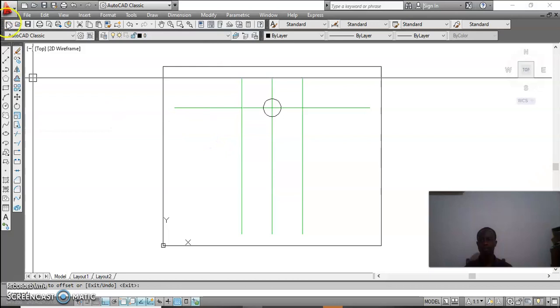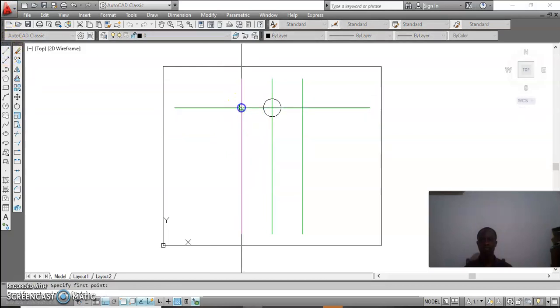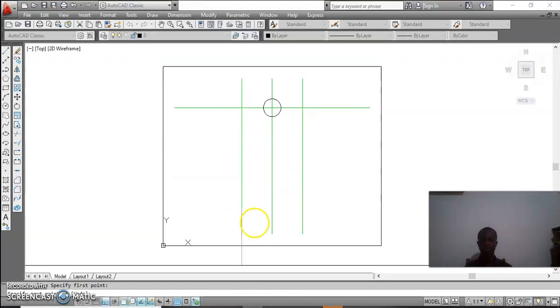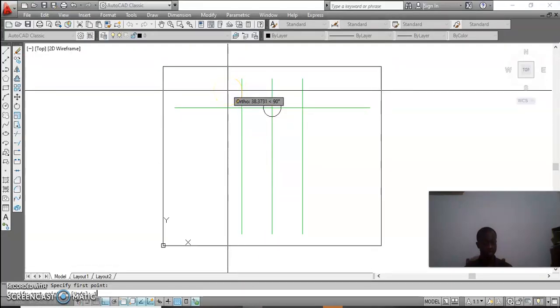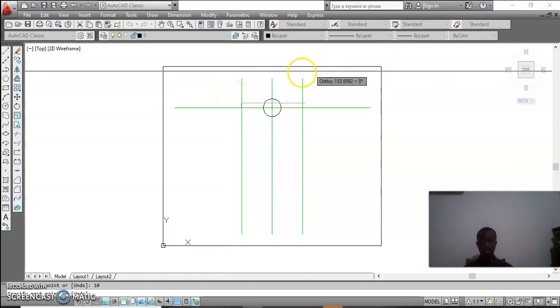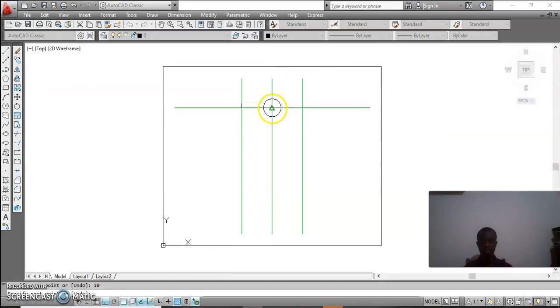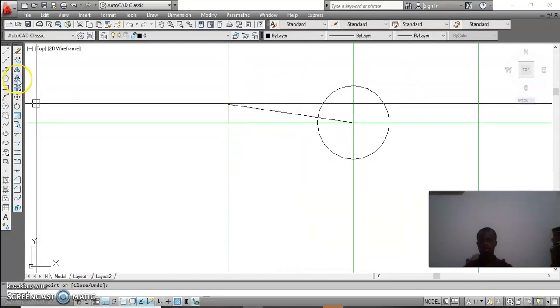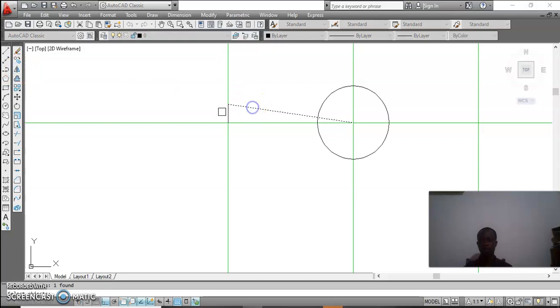Now from there, you could see that the distance from here to here, from the center to here is 10, because here is 20. So I can go here 10, and then come to pick the center. When I finish, let me zoom out. I can mirror this. So I'll pick my